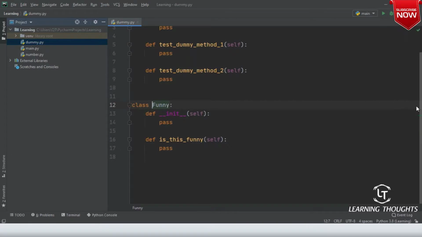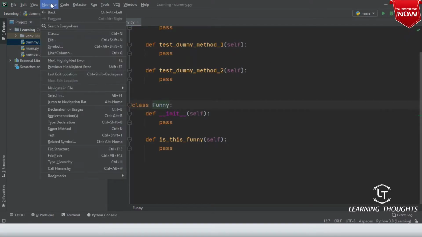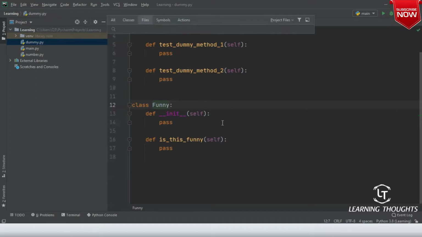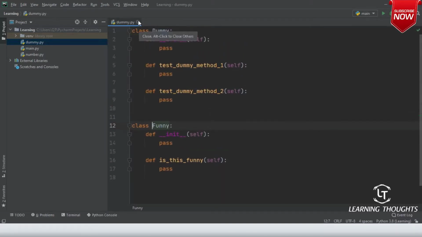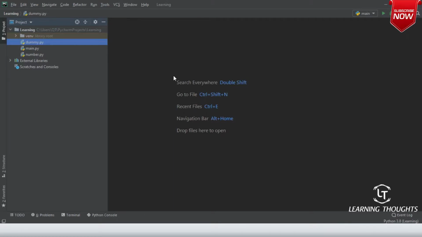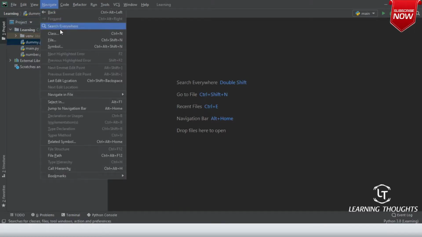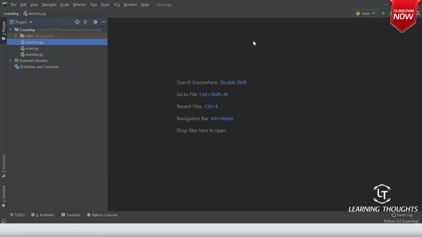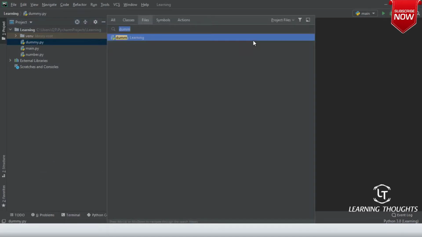In the same way, you can navigate files also. If you go into navigate and you know the file name, something like dummy, it goes to dummy.py. So let me close this file. Just look at the shortcut: for files it is Control Shift N. So Control Shift N. I have some file called main.py.